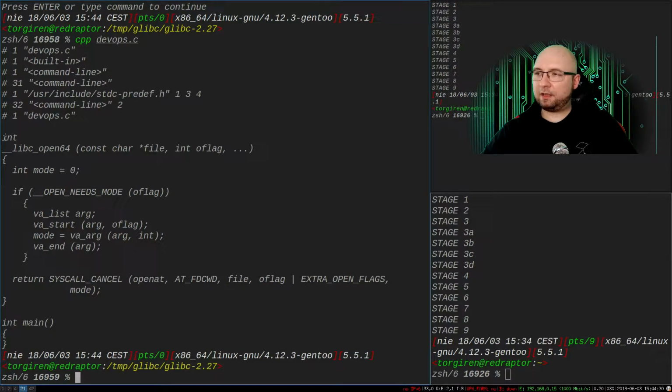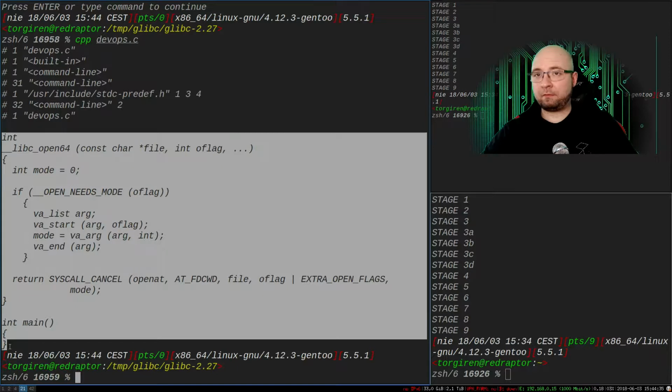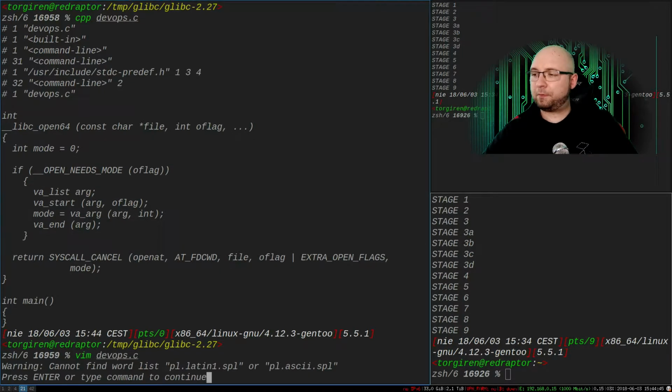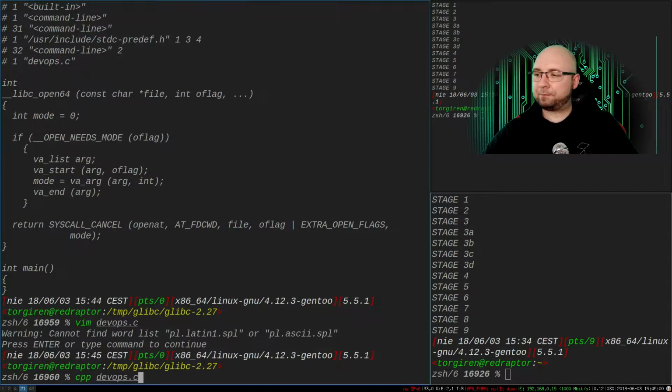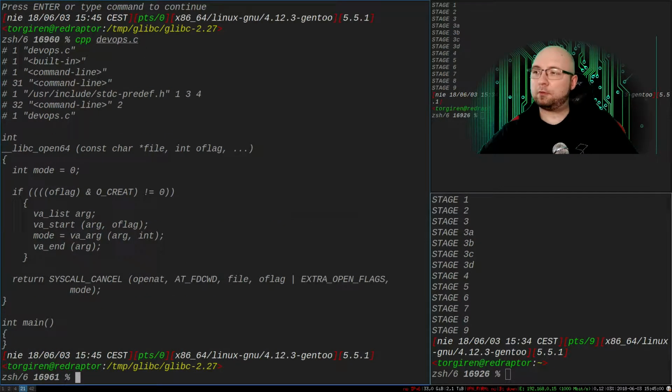We can see that this is our file. Nothing was changed because we have none of the preprocessor directives. Now we know that open_needs_mode is a macro. So let's add this macro, define open_needs_mode, and preprocess our file now. We can see that the macro was changed to